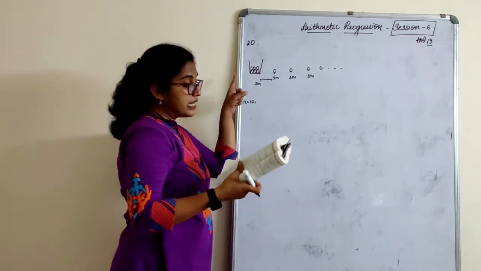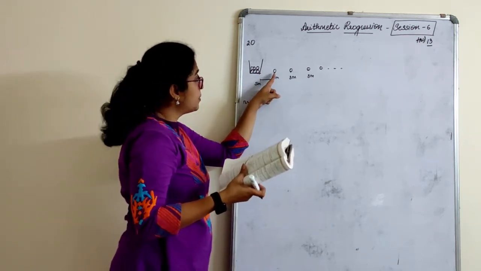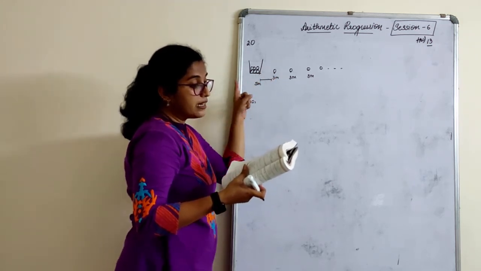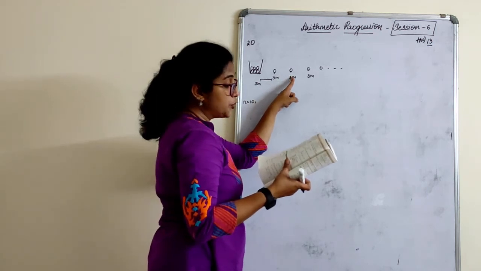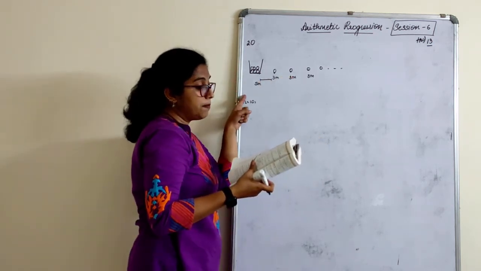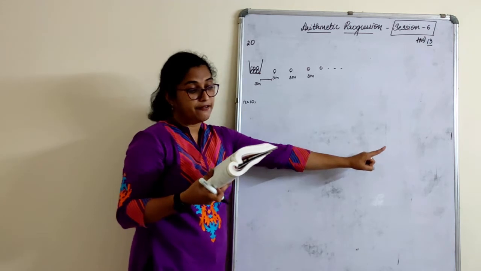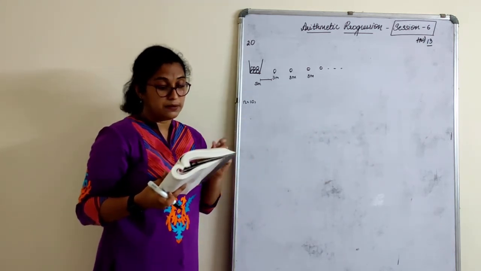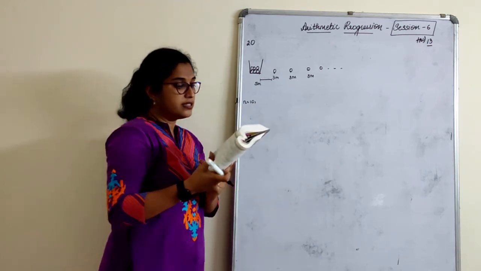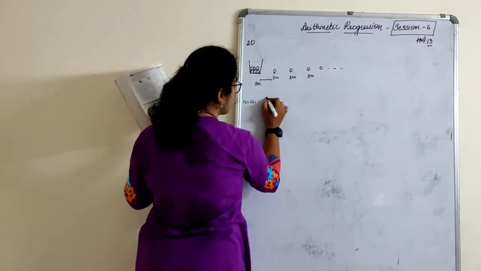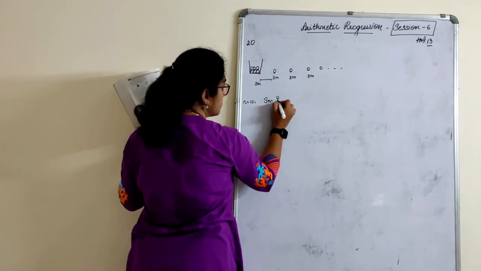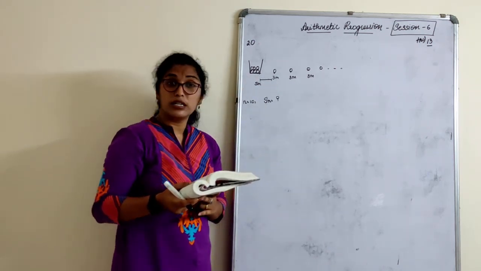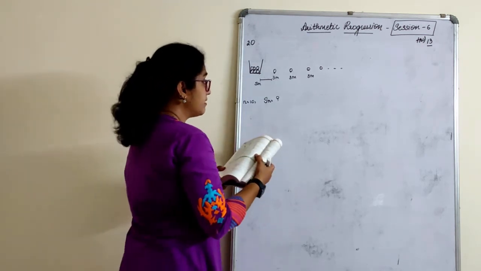So a competitor starts from the bucket, picks the nearest potato, that is the first one, runs back with it, drops it in the bucket, runs back to pick the next potato, runs to the bucket to drop it, and she continues the same way till all the potatoes are in the bucket. Very clear about the concept? What is the total distance the competitor has to run? Sn. Now we understood the question. N and Sn. But what is the AP? How should we write the AP?